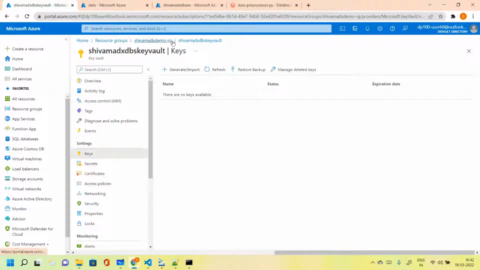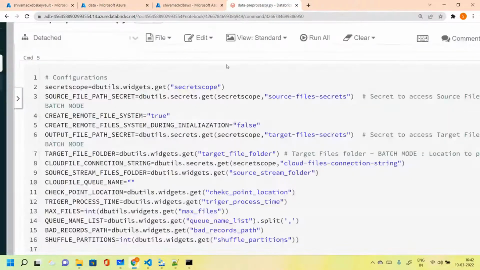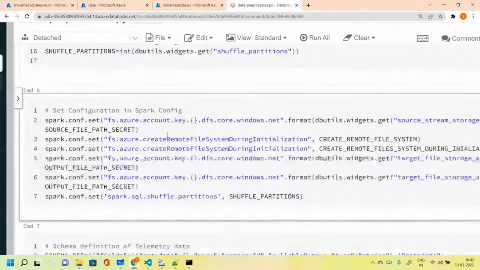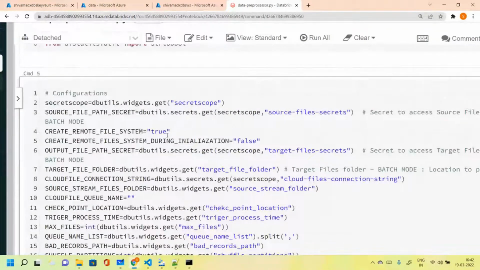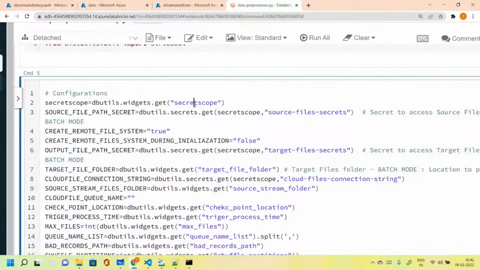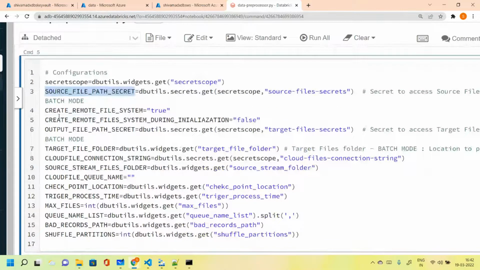Yeah, the first one is the one which we are using. That's the correct one, the one which we just saw. Okay, now after that, we are pulling all the various secrets from the key vault. So we have created the secret scope concept, and we have the source file location as well, which is the